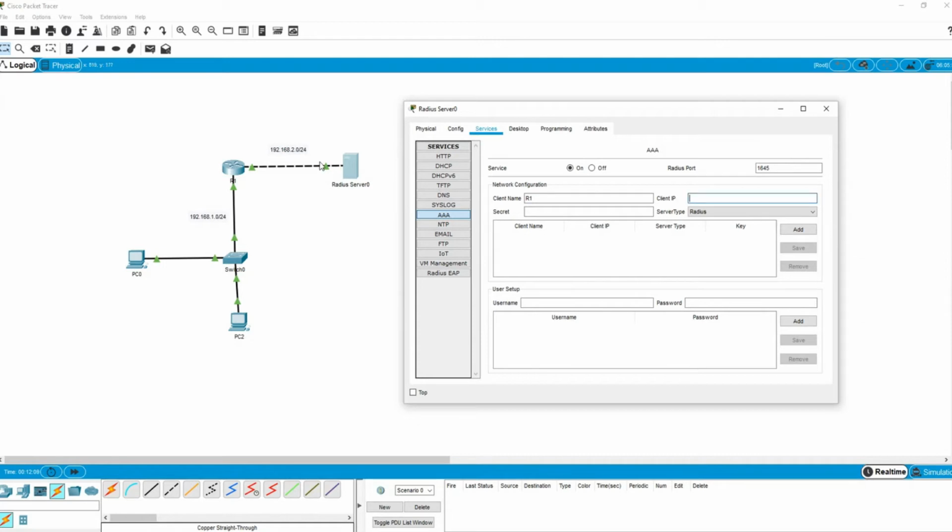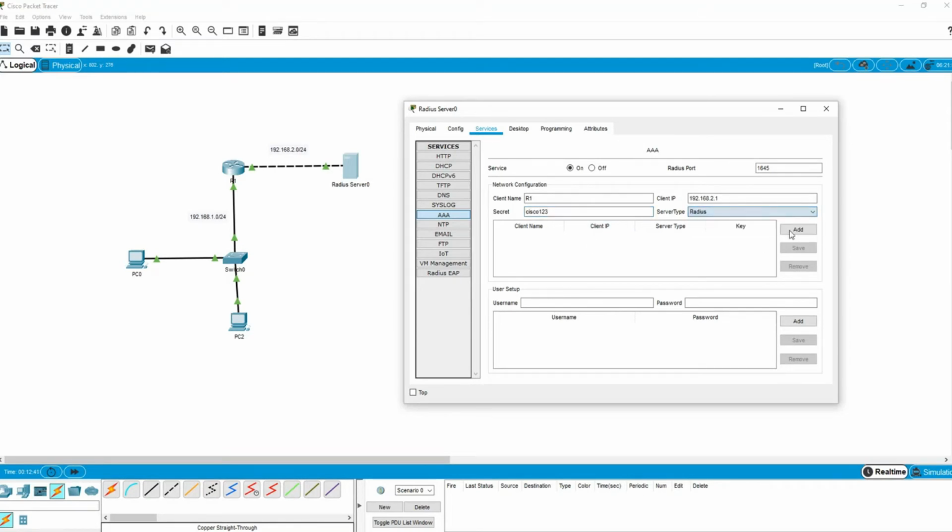If anyone tries to access this router, we can say 192.168.2.1. And here the secret key, we need to use the same key. I will use Cisco123, or you can add anything.